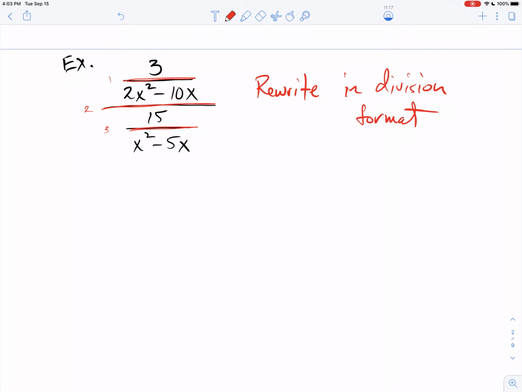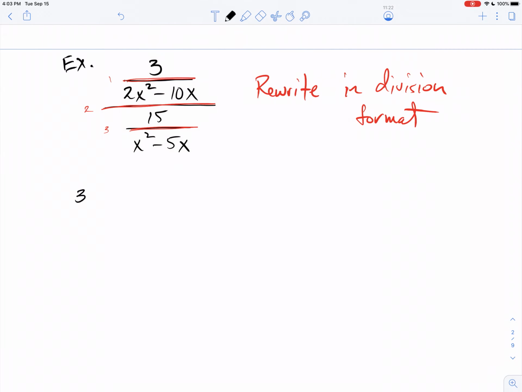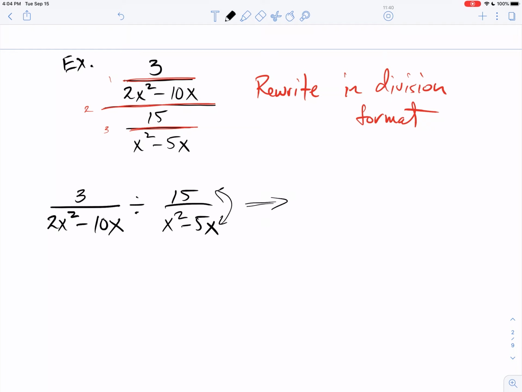That's what you're going to do. So you go, oh, okay, I could do that. I'm going to say 3 over 2x squared minus 10x divided by 15 over x squared minus 5x. And you might still be saying, could I have cut out that middle step and done this in my head? Yes, you could have. Whenever you do a double line with an arrow in mathematics,